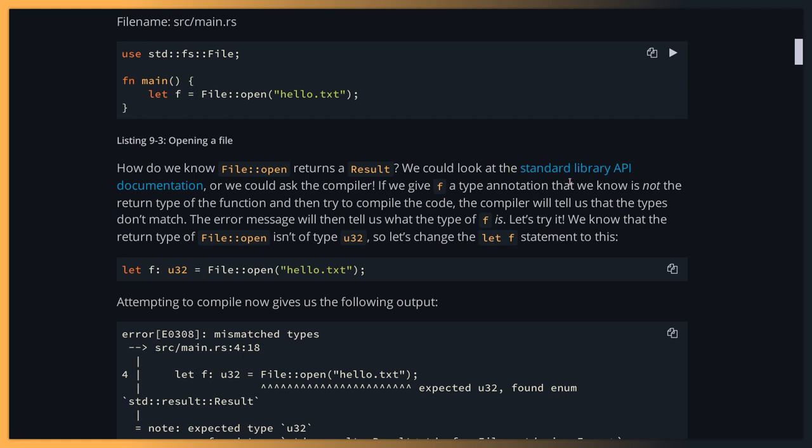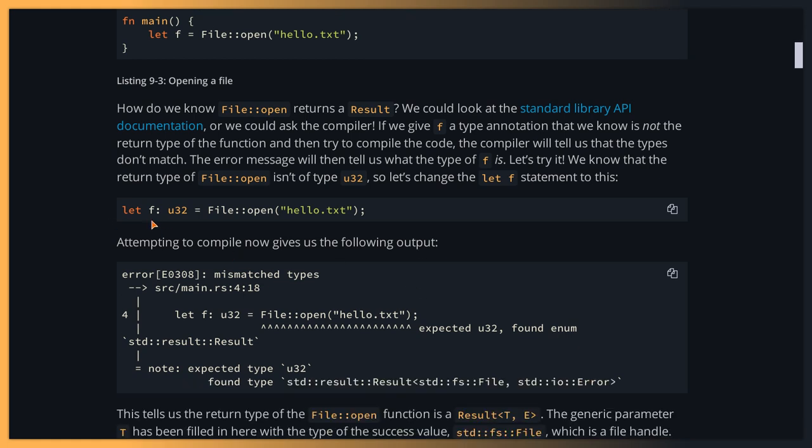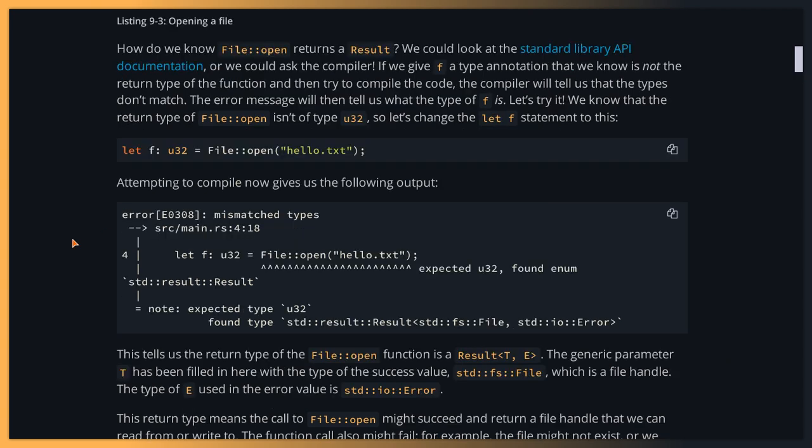We could look at the standard library API documentation, or we could ask the compiler. If we give f a type annotation that we know is not the return type of the function, and then try to compile the code, the compiler will tell us that the types don't match. The error message will then tell us what the type of f is. Let's try it. We know that the return type of File::open isn't of type u32, so let's change the let f statement to let f: u32 = File::open("hello.txt");